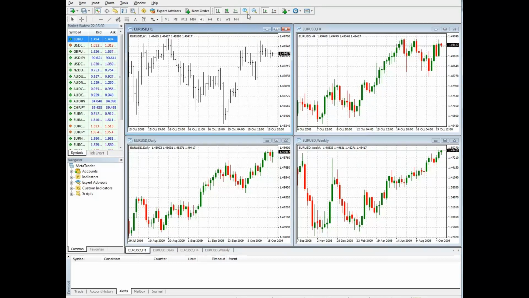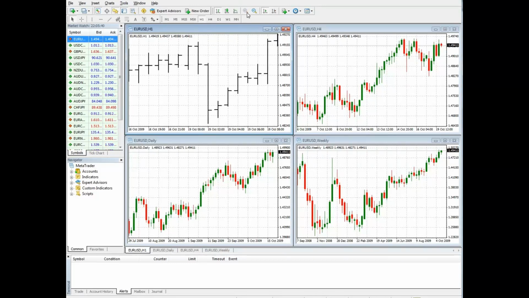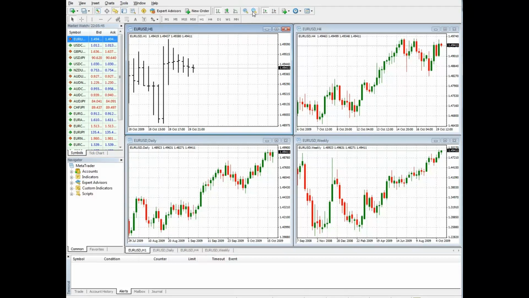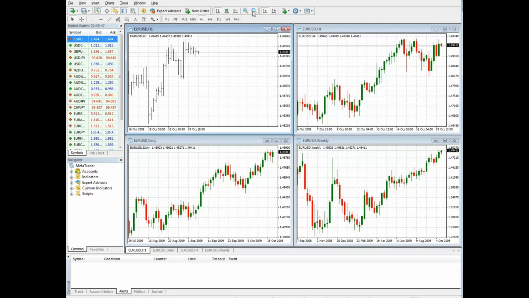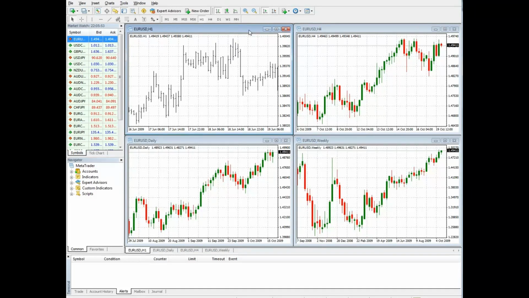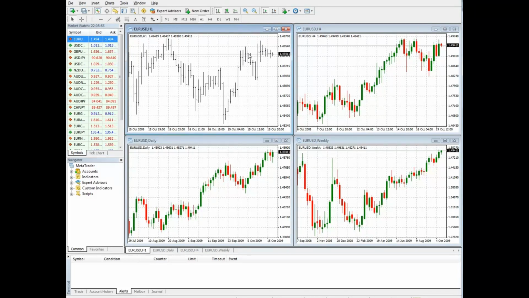And there we have everything set up as a bar chart for us. You notice that if you zoom in, the bars get thicker. Zoom out, the bars get smaller. And I'm going to make sure that's turned on auto scroll. There we go. Okay, so in keeping with a quick start,